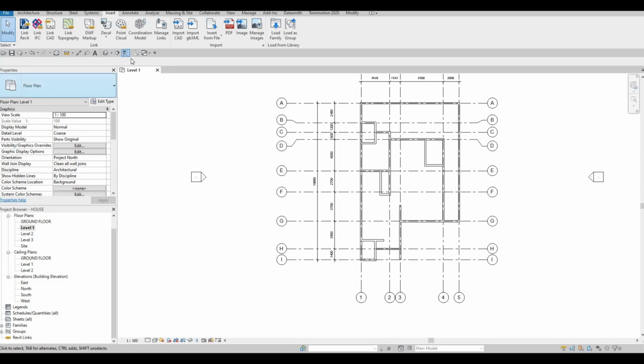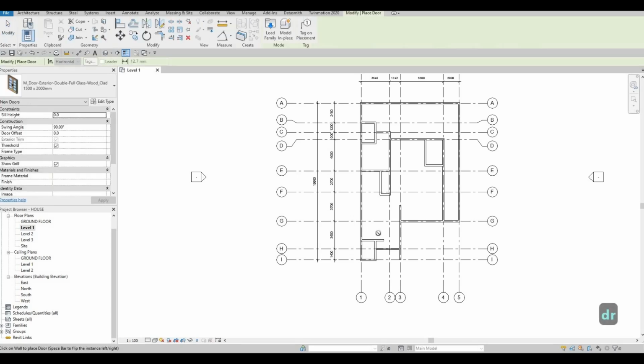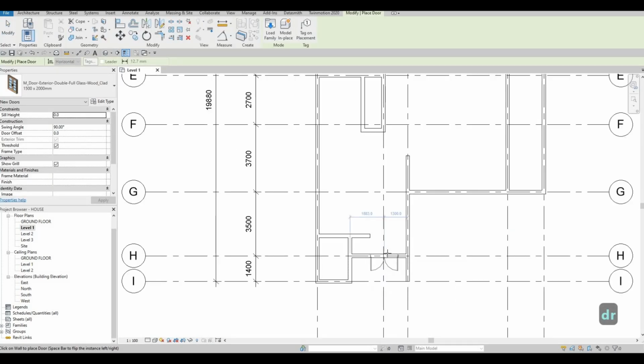And now, if we want to add a door, you need to type in DR, or you can go to Architecture and then select Door. So you can type in DR, and then as you can see, you'll be able to add the door right here. So I'm going to add the door on this location,